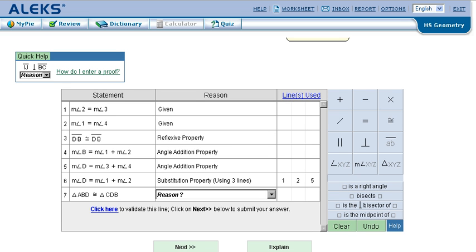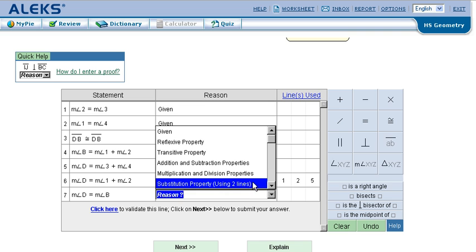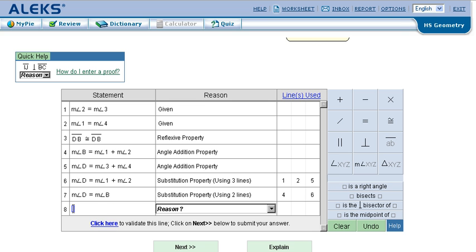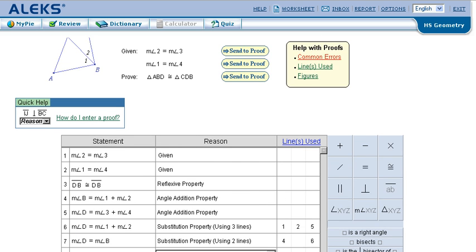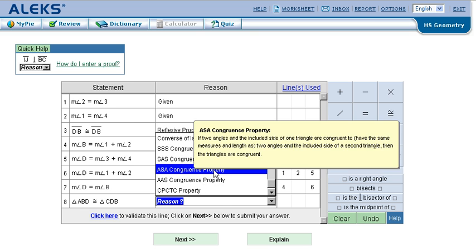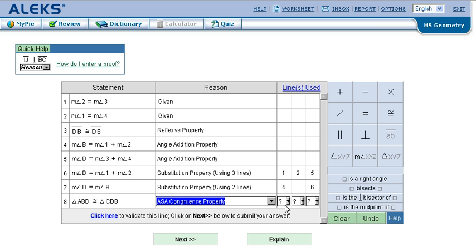Now we need to say that B and D are congruent. So the measure of angle D equals the measure of angle B, and that is substitution because 1 and 2 are congruent. So now we're using 2 lines, and that's going to be lines 4 this time and lines 6. So now we can say send to proof, and the reason is angle, side, angle. And that's going to be the angle, side,